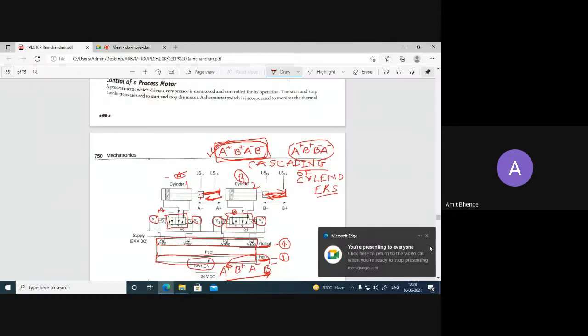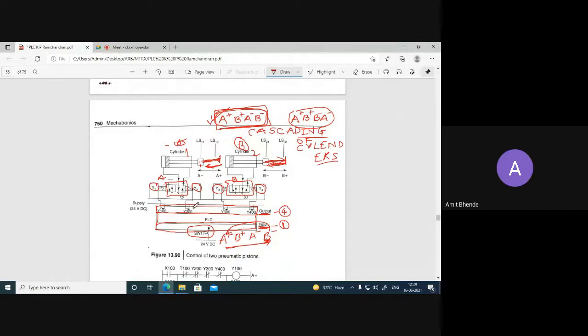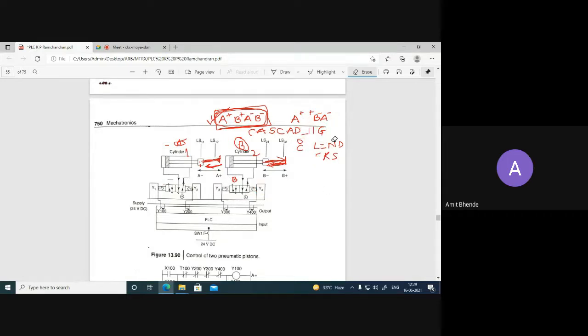So now we will see its solution. First thing, I will erase all these things so that you can see the original diagram. Now this is the diagram,